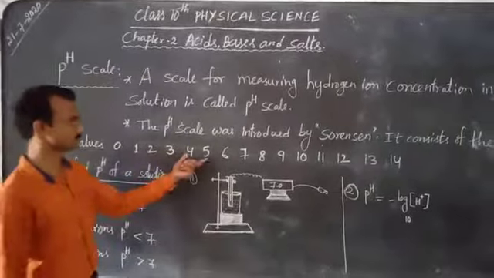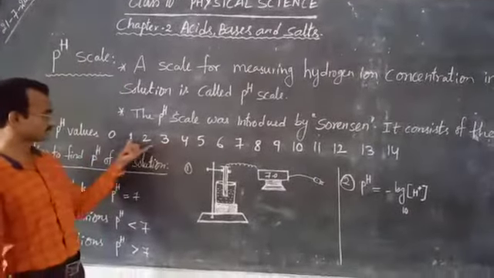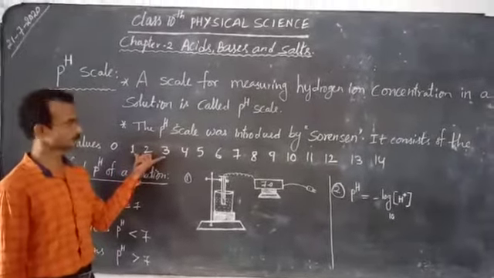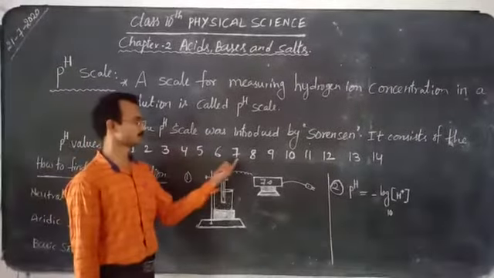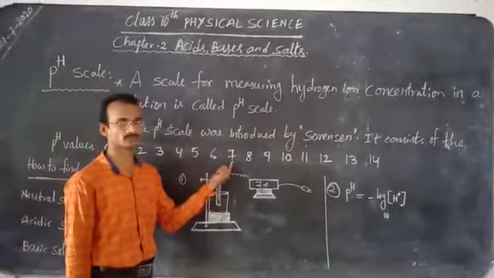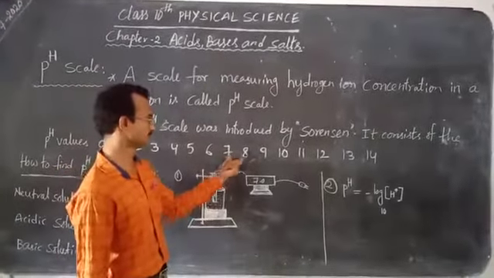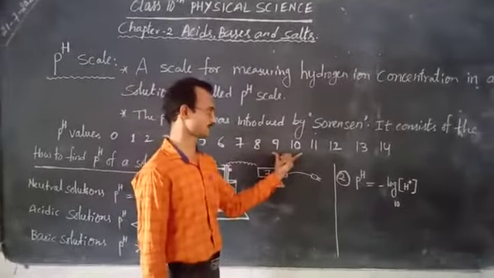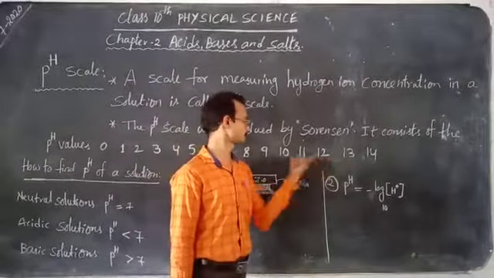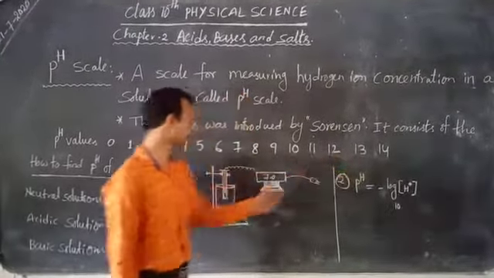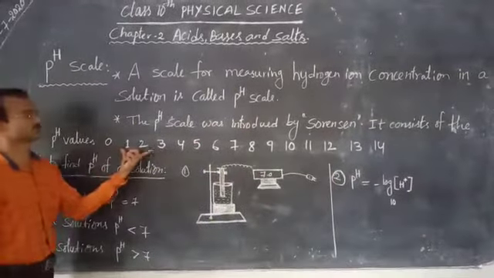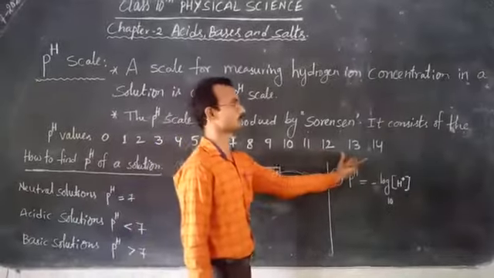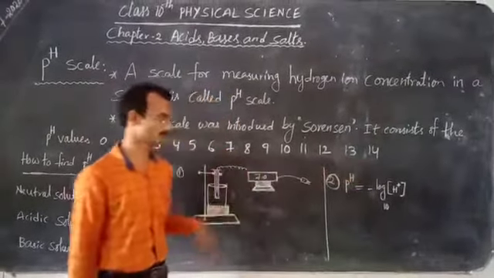The solutions which have very low values are strong acids. These are strong acidic values. These are weak acids. The solution showing 7 means it is a neutral solution. A pH very near to 7, above 7, means weak bases. Far away from 7 are strong bases. You see here once again, strong acids, weak acids, neutral solutions, weak bases and strong bases show these pH values.